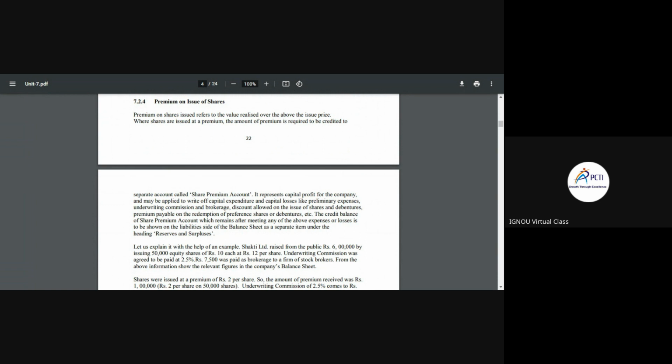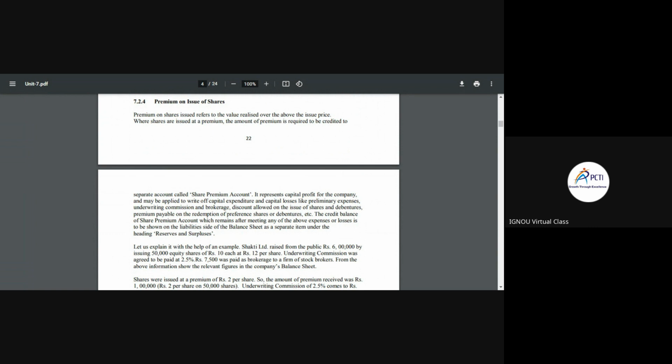So the amount will be 2 or 4. That will be known as the premium of shares. And for that particular premium, we need to make a separate account that will be known as the share premium account. It is like a capital profit. Discount is a capital loss, but the premium is like a capital profit for a particular company, which can be